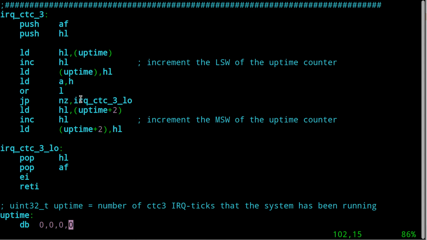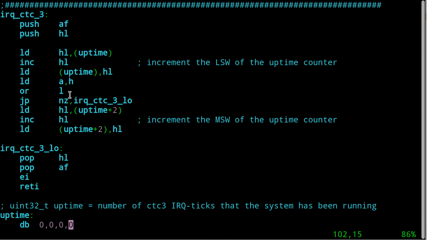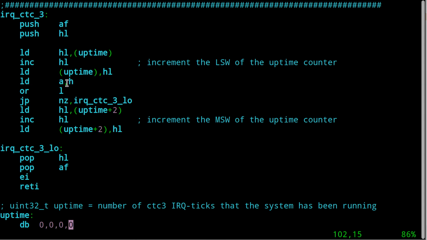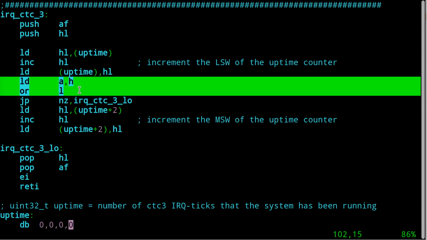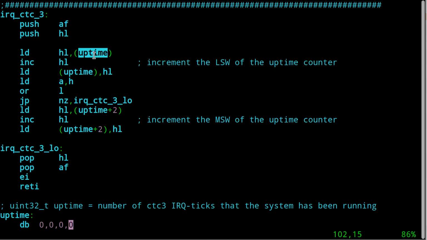If that's true, I go down here, which goes to this label there, and I leave. So what's this thing doing? I'm asking if HL, after I added 1 to it, is a value that is not equal to 0. That's how you do this. Because if it's not equal to 0, I know that I did not do this addition here and end up with a carry. Because if HL, when I loaded it from uptime, was FFFF in Hex, and I add 1